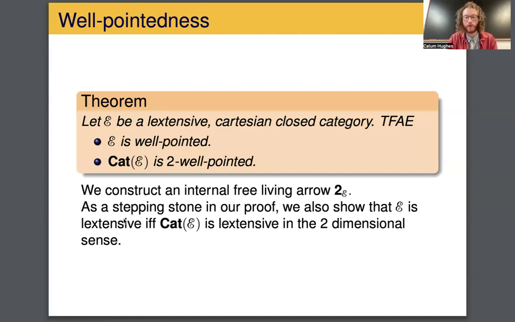So the property of being extensive is also inherited by cat E. And so I should say at this stage that extensivity is something that holds for an elementary topos. So we're not asking for anything strange or extra here. This follows if we were to start this theorem by saying let E be a model of the elementary theory of the Cartesian set, then this would not be anything extra.